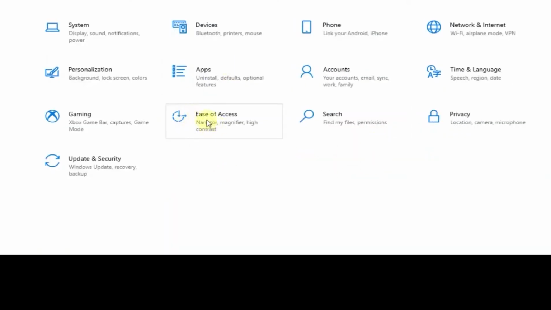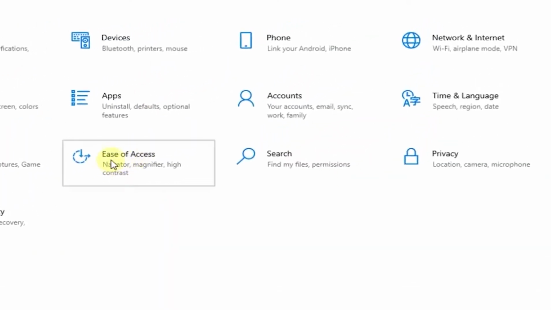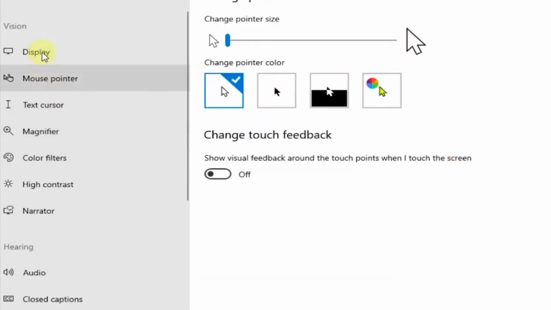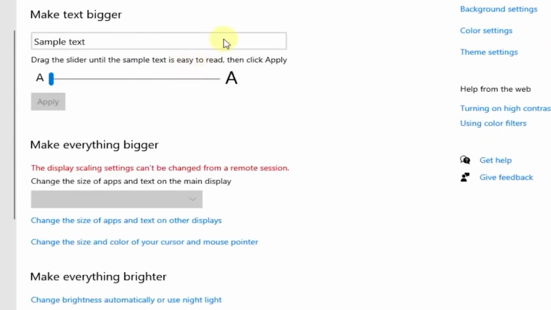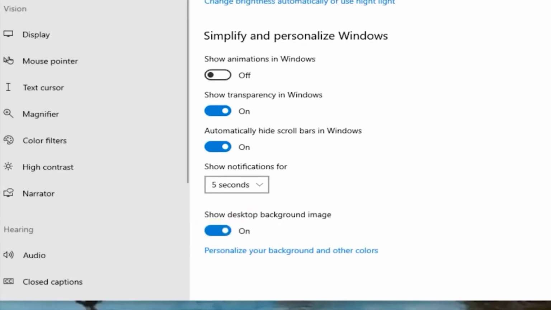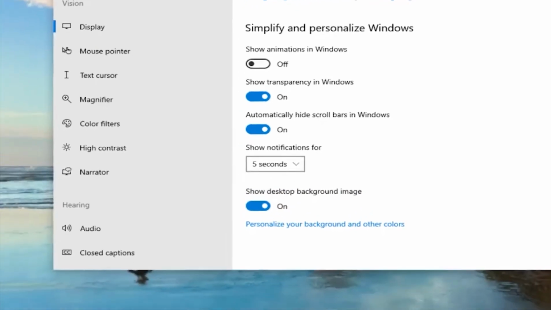Okay, then we have to click on the Ease of Access button, then we click on the Display part, not the other tabs, the Display, and we go to the end of that and enable this feature. This is the error, we just have to turn it on. After we turn this on, you can see all of the things are fixed, and we can see the